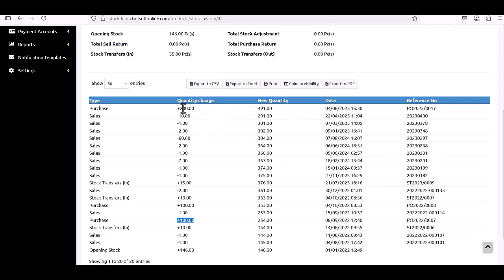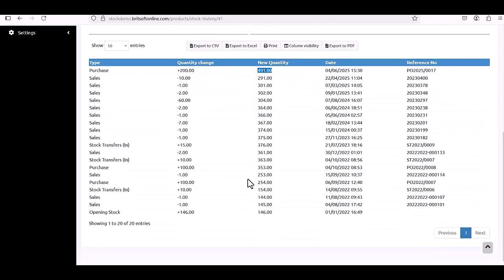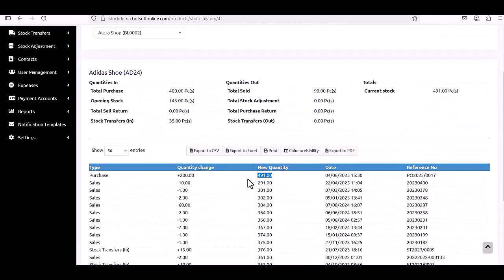So then you see the 200 that we just added. It is showing here. And then the new quantity is this. So this was the quantity that was left, and then this is the new quantity that has been added from the purchase side. Yeah. So every product has a stock report or a stock history that you can check, and it tells you which transactions are linked to the stock movement. So at least you can tell where the stock is going and where it's coming from. And then if there are any discrepancies, you just go through and check. So it gives you a detailed